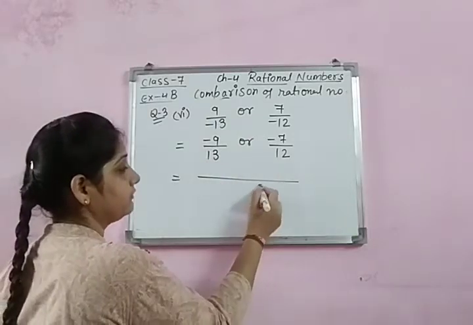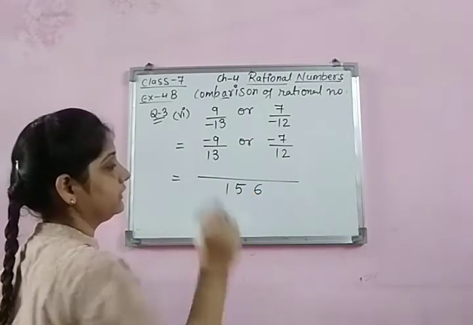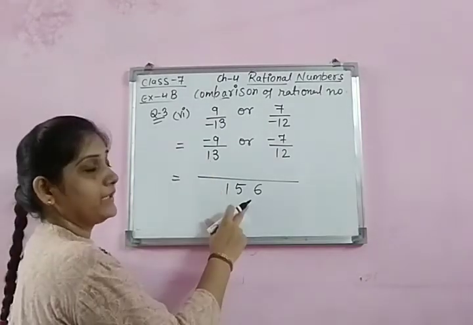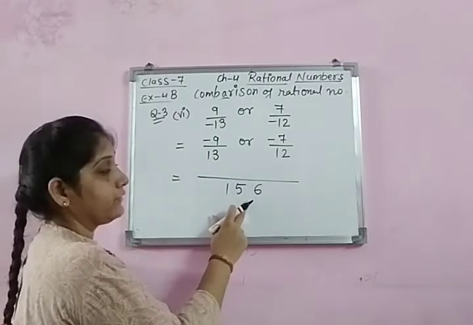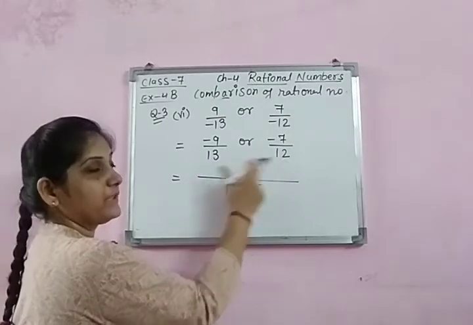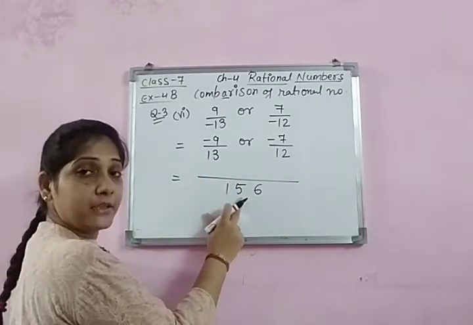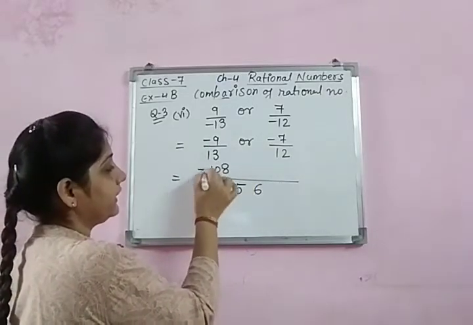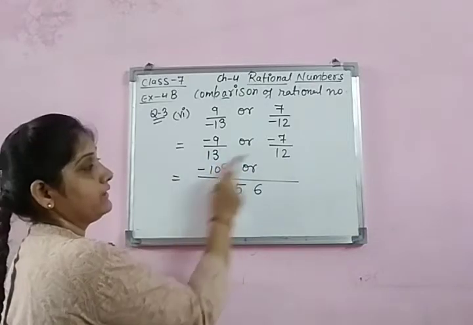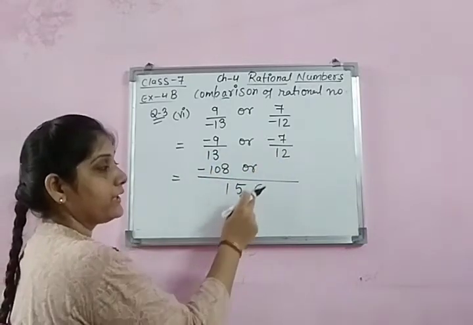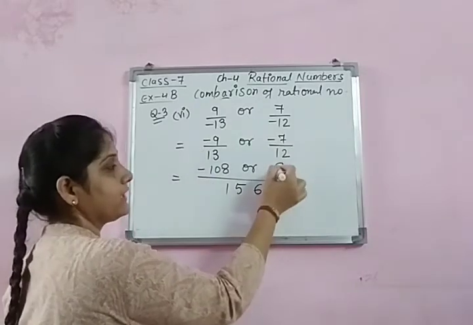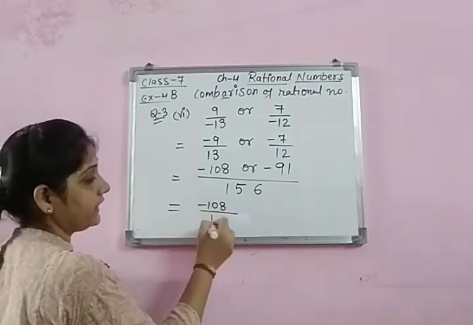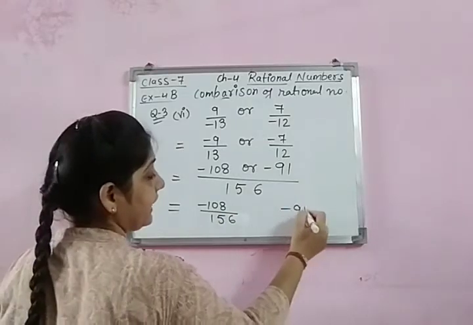So their multiplication, I think 156. Yes. So divide by 13. When you divide it by 13, it will give me 12, because their multiplication is this one. So 13 divided into 156 gives 12, and 12 times 9 is 108 with negative sign. Now divide it by 12. When you are dividing by 12, you will get 13. 13 times 7 is 91. So now we have the two rational numbers, negative 108 upon 156 and negative 91